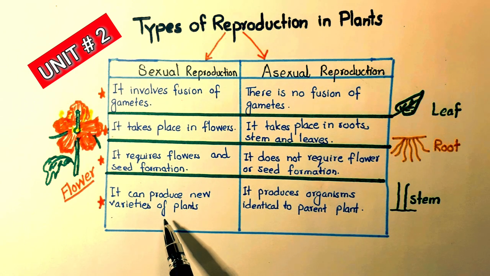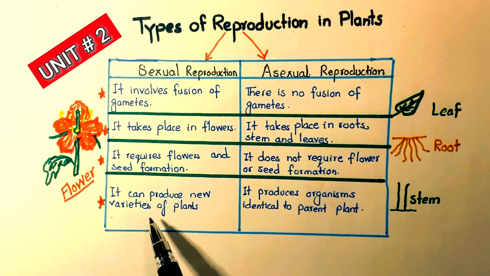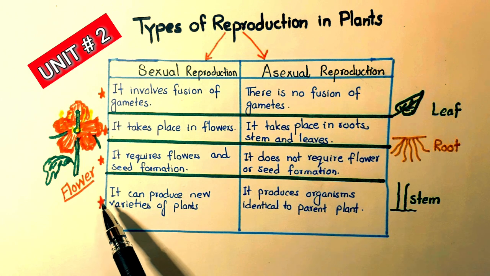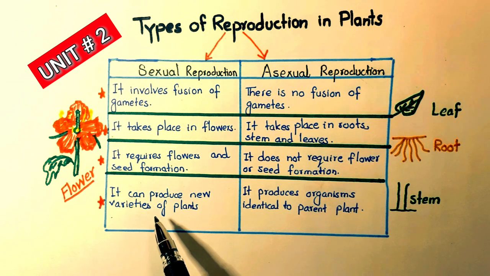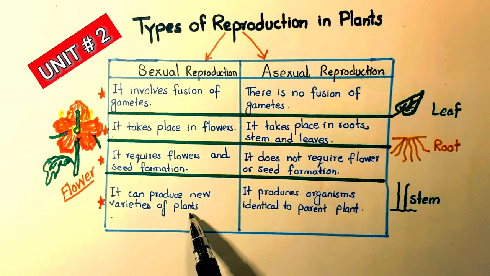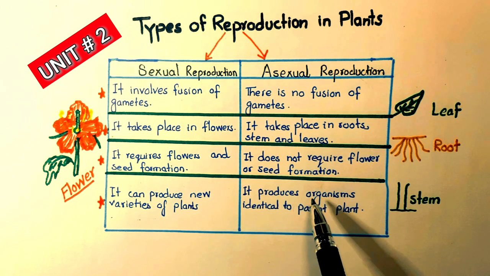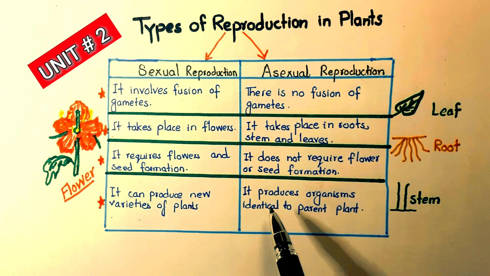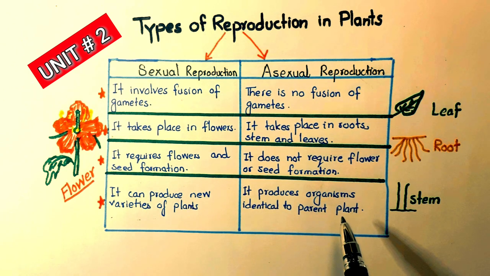Because in sexual reproduction there are variations, because there is fusion of gametes, and so gametes come from two different flowers or of the same flower, depending upon cross or self pollination. So different varieties of plants can be produced, whereas in asexual reproduction the organisms are identical to parent plants,